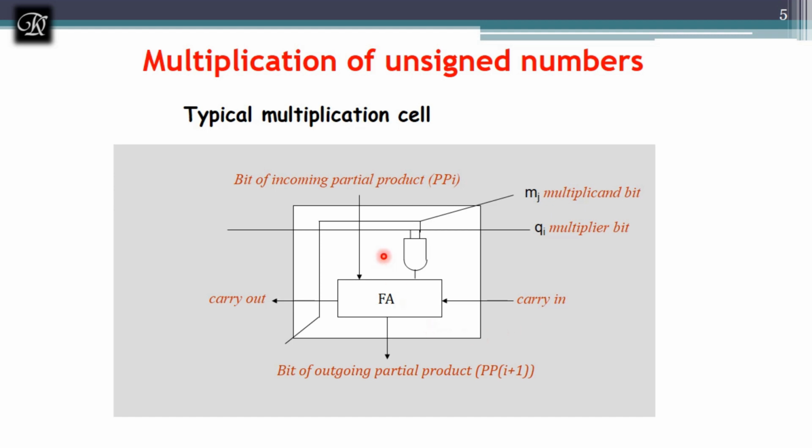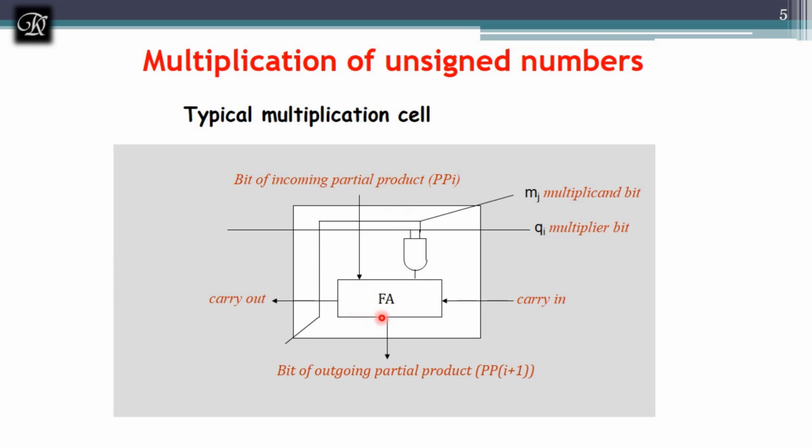Now here you can see I have used a full adder. Before getting into the full adder, we were performing a multiplication operation, that is A0 B0. A0 B0 is nothing but multiplying the A0 bit with the B0 bit. Then at every stage we were adding from the previous stages, as I have done in the previous example.